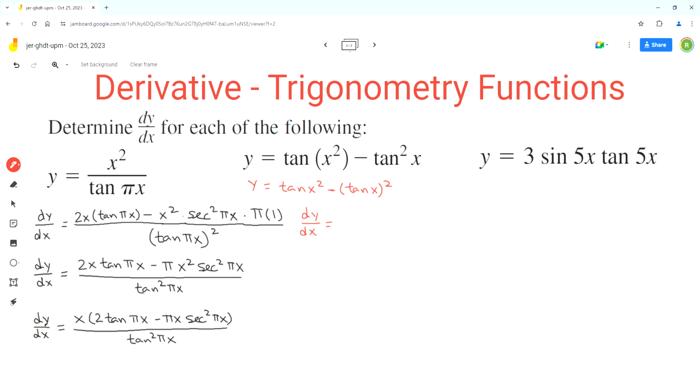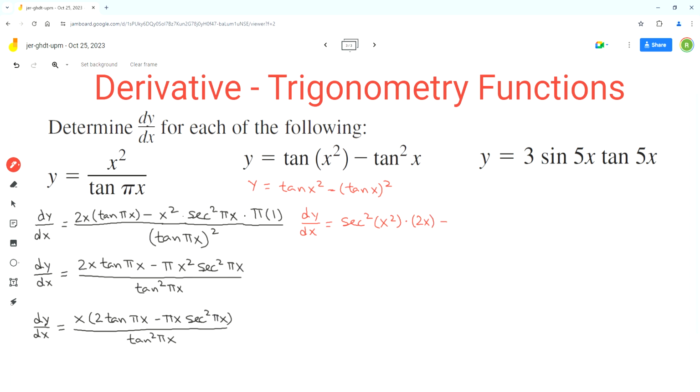So in the first term, we have to use chain rule because this first term has an outer function tan and the inner function is x squared. So as per the chain rule, we'll start with the derivative of the outer function, and the derivative of tan is secant squared times the derivative of the inner function, and the inner function is x squared, and as per the power rule, the derivative of x squared is 2x